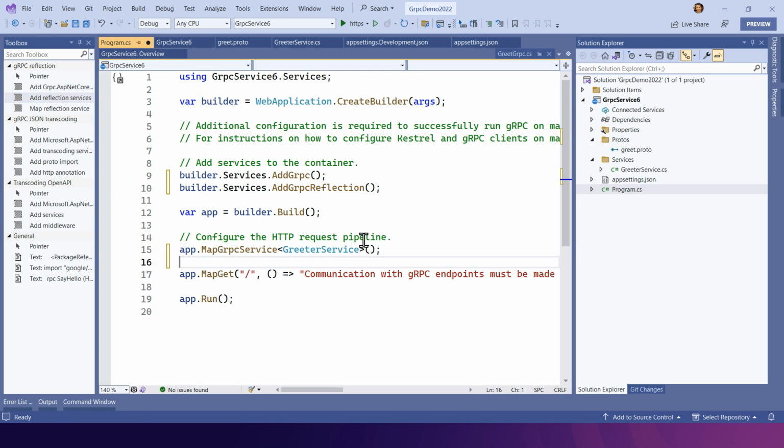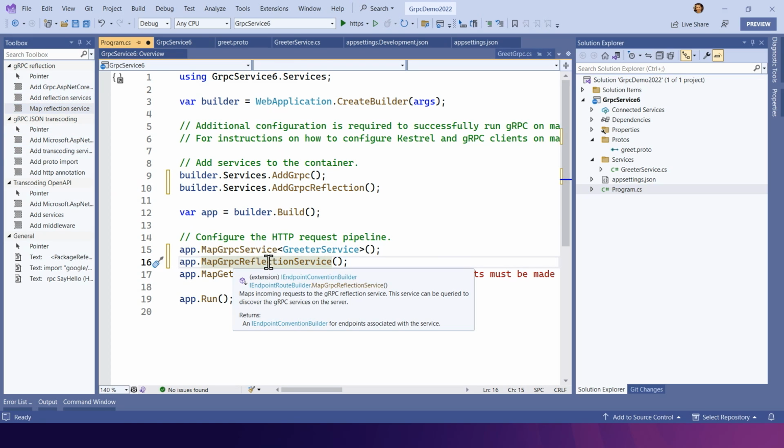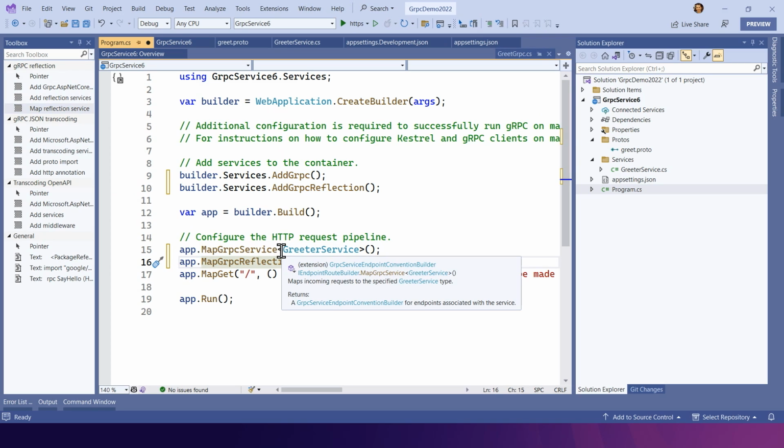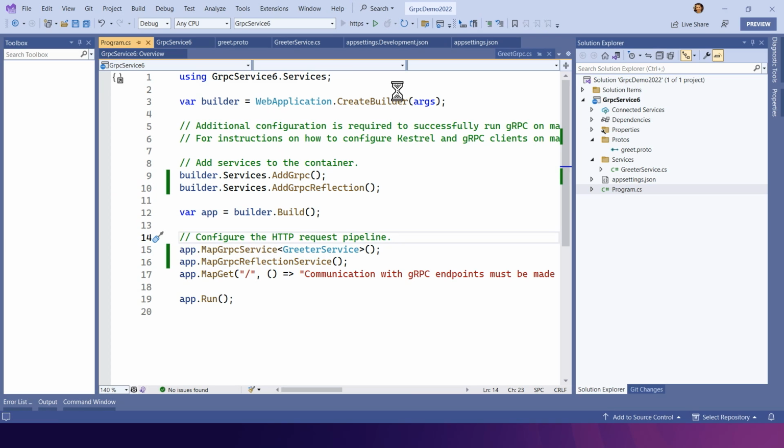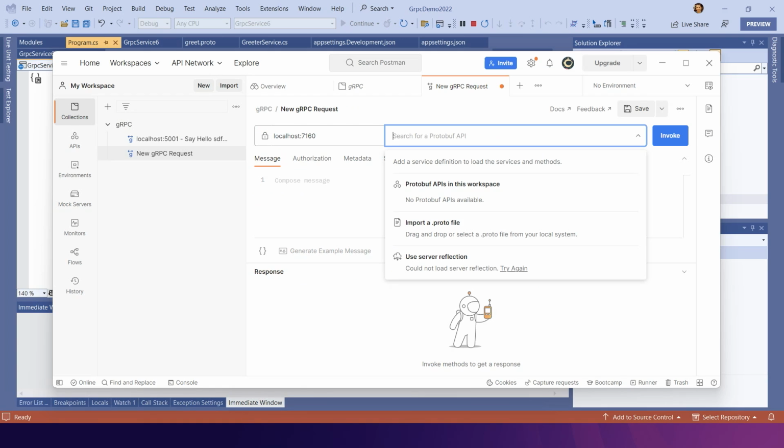And then finally, we're going to map a gRPC service in our HTTP pipeline. Previously, greeter service was registered, so we were able to call our implementation here. We also want to register our reflection service. Okay, so that's all we need to do. If we now run our app again and we go back to Postman, we can click try again.